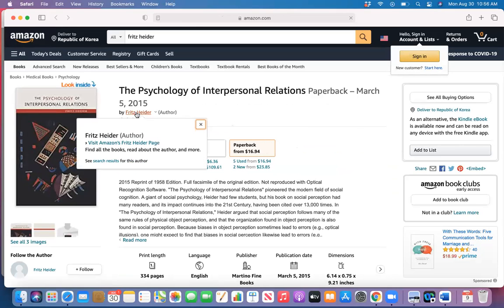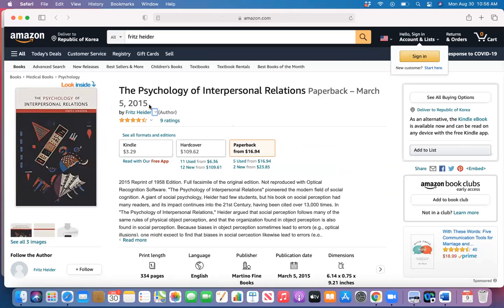Fritz Heider's book, and it's been reissued just 6 years ago. It's an old book. It's from the 1950s, when he was a professor at the University of Nebraska. He was, I think, a German Jew who fled Europe during World War II and went to the United States and did great things like Albert Einstein and others. And this book can revolutionize the social sciences,